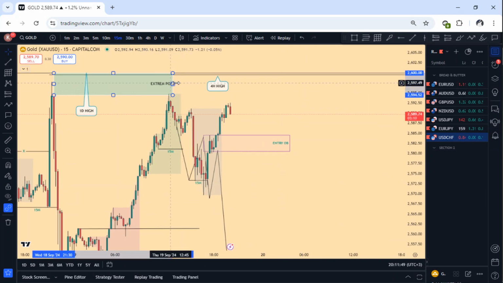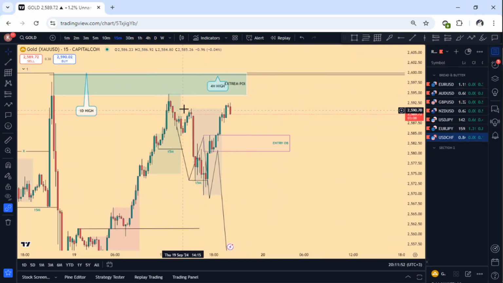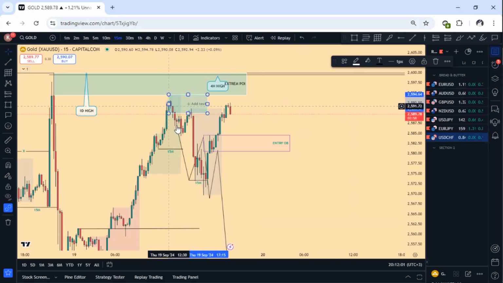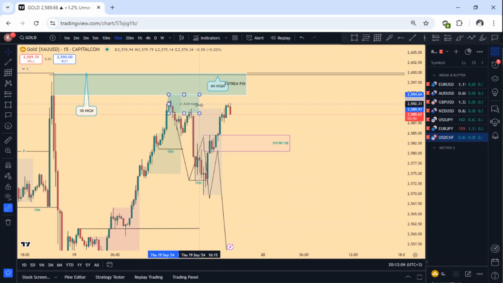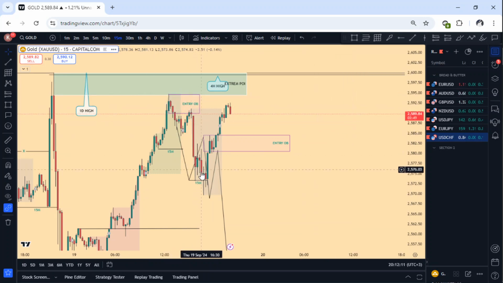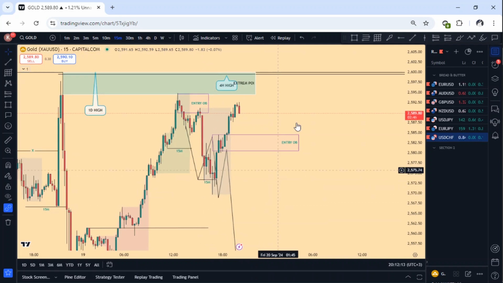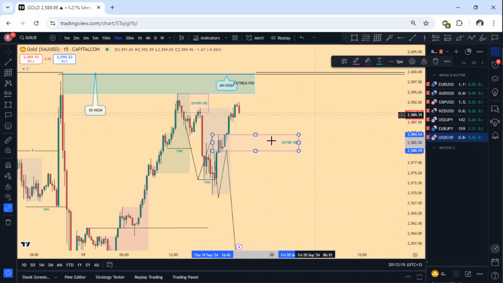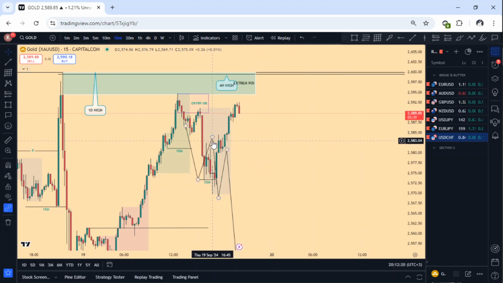It can work. This zone can still hold, because this can still become a structural liquidity, though there is no high probability order block anymore, because this has already done its purpose. This is already mitigated, so you can't say that you're going to enter here again. This has already done its purpose, and that is what it sold here. So even if I was to take this trade, I wouldn't take it on 5 minutes here because of what is happening down here. I would have waited to take it